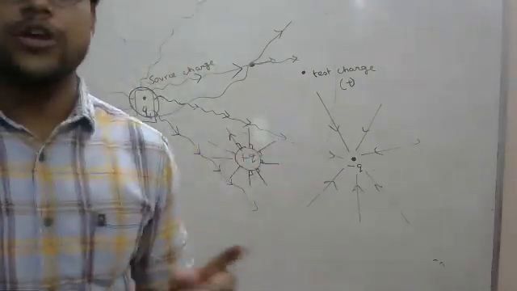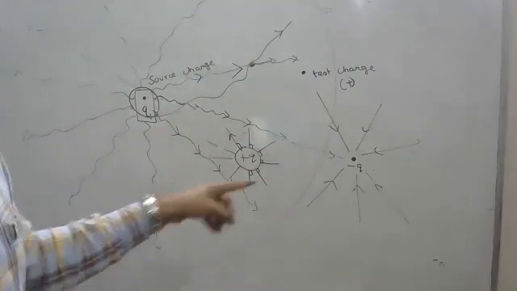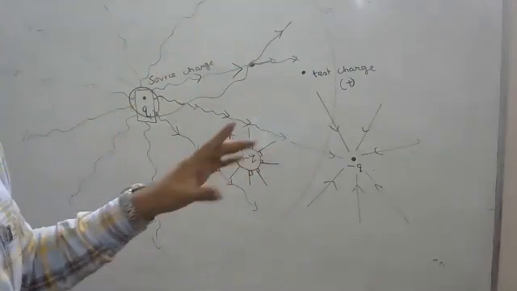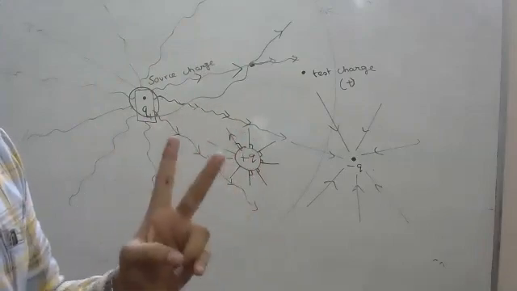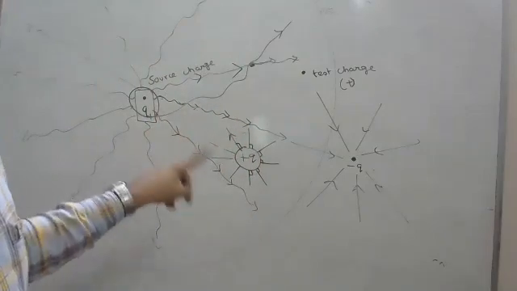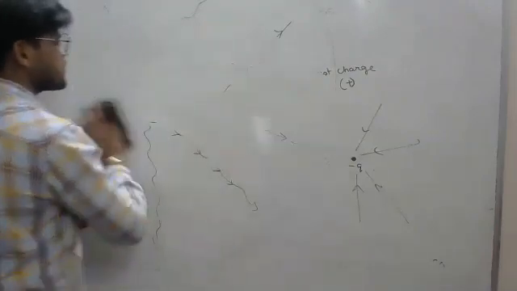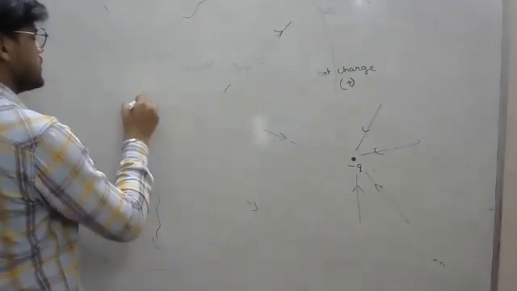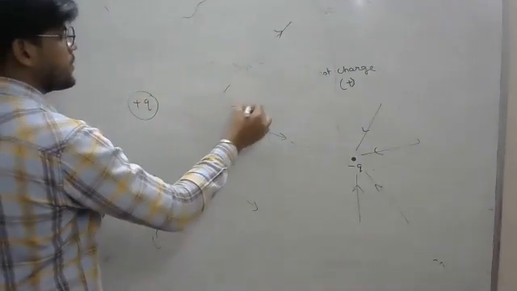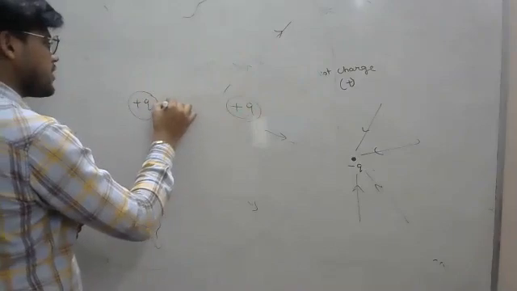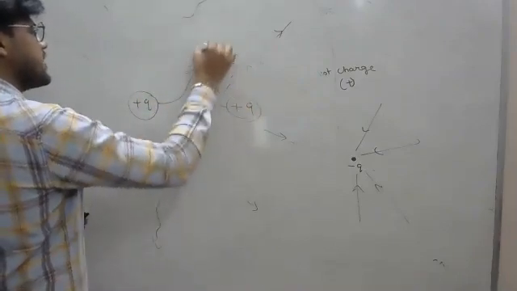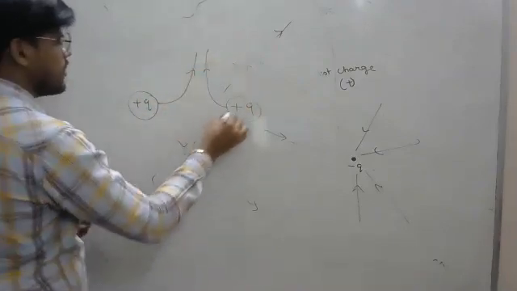I'm not only talking about a single charge. एक single charge की तो electric field lines intersect नहीं करेगी. But even if you are having two charges, their field lines will arrange themselves in such a way they don't intersect. So suppose if you are having two charges, यहाँ पे एक positive charge, यहाँ पे भी एक positive charge. So इसकी electric field lines will arrange itself such that they move away from each other.